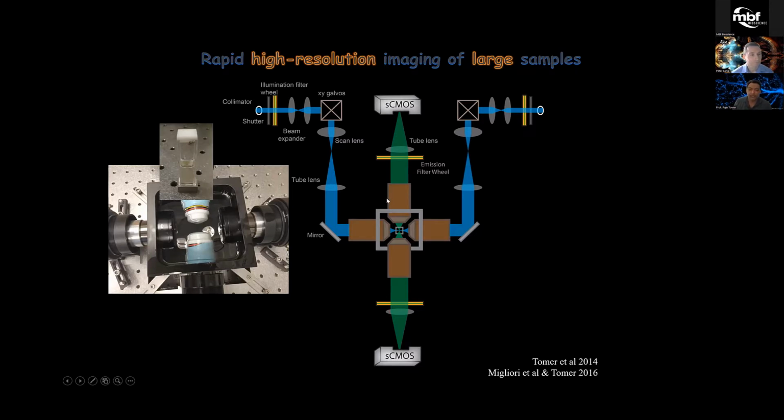So this provides us optical sectioning, so we can image the entire plane with a fast CMOS camera, as opposed to point scanning in confocal or two-photon microscopy. Right? So we end up with a couple of orders of magnitude faster imaging speed. So we spent quite some time in optimizing